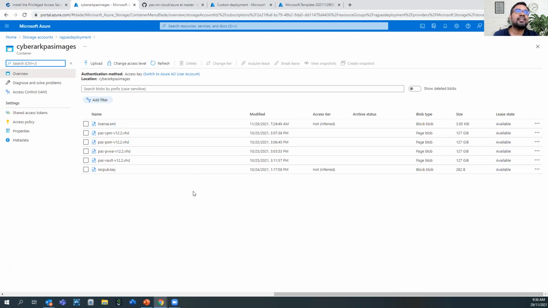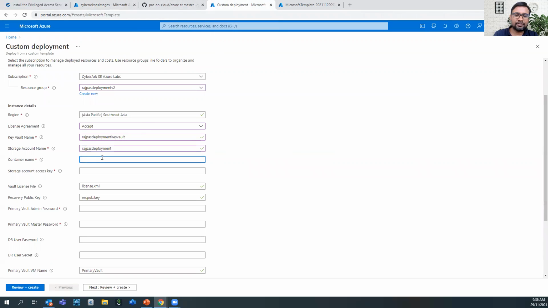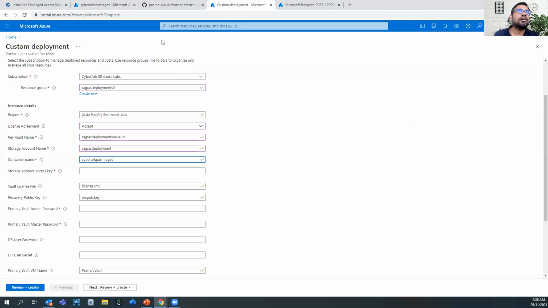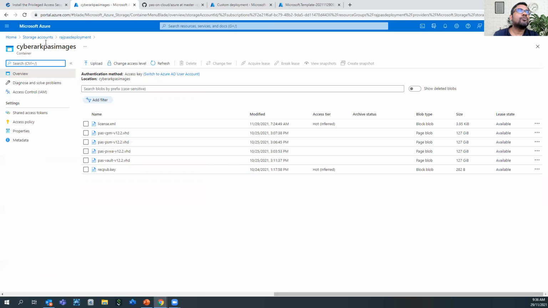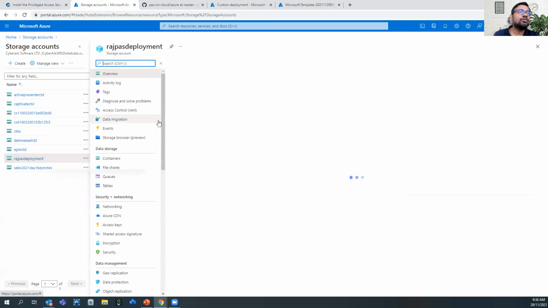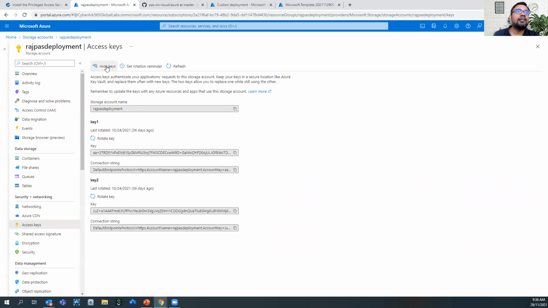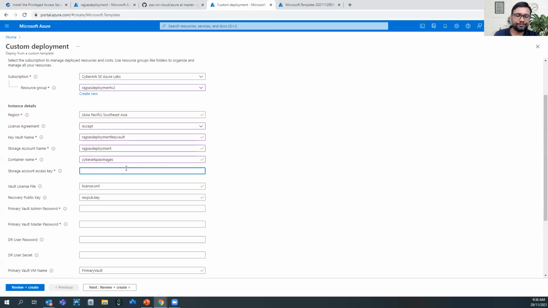That's where my license and the recpub key are stored. Let me double check. CyberArk PaaS images. Yeah, it looks okay. The next step is asking for a storage account access key. So I'll go to the storage account, go to the access keys, copy one of the keys, and paste it there.